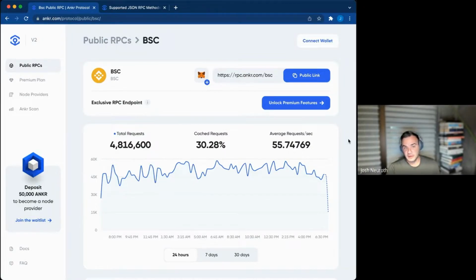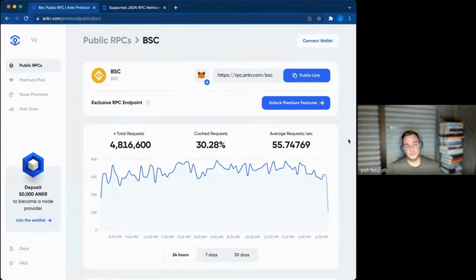But like I said, when you start building very highly scalable infrastructure, you're going to need a cluster of nodes. And so what we've seen over the last couple of years is lots of service providers have launched node as a service. And so we compete with companies on the Ethereum side, like Infura and Alchemy, and on Binance Smart Chain infrastructure, we're competing with other Web3 API, Chainstack, QuickNode and whatever.